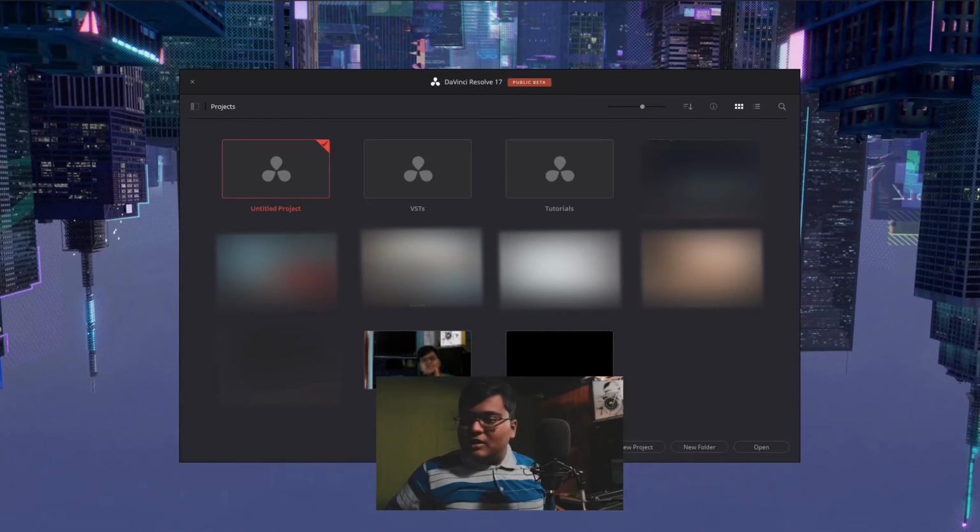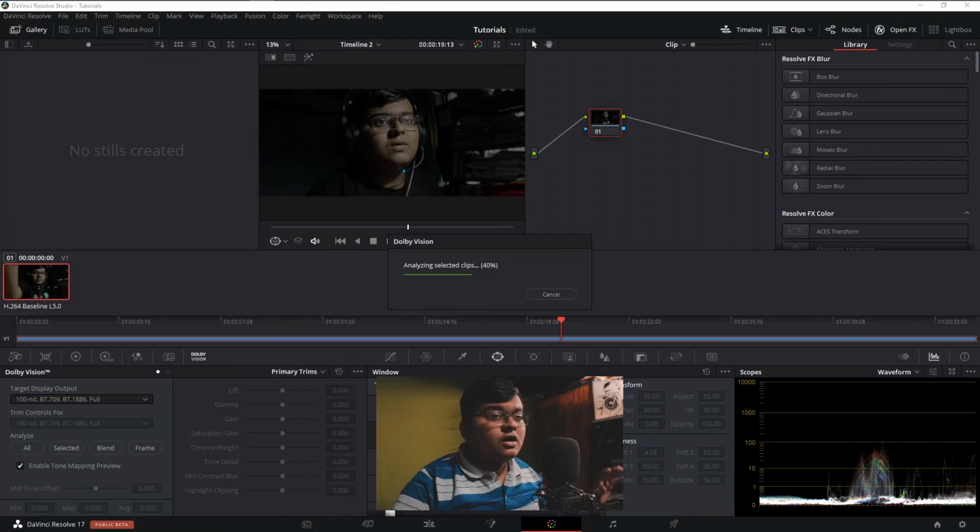The DaVinci is loaded. Now let's go back to the work. No problem if you have raw shots or C-log shots or any log file also, no problem. It will just assume it and give it a Dolby Vision look over here. It just amplifies and brings it to the normal color space of the particular thing. Like if it's Rec 709, it will bring it to Rec 709 like that.